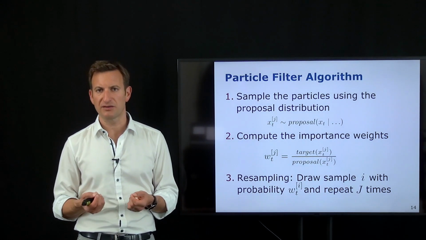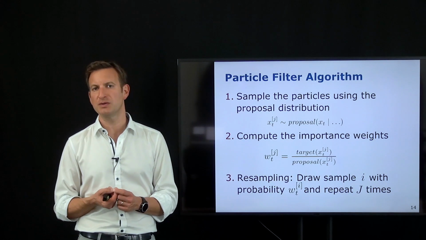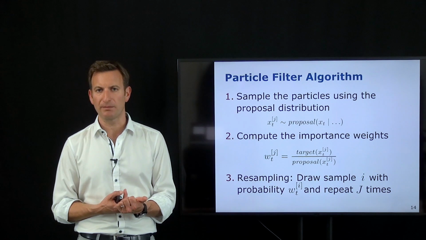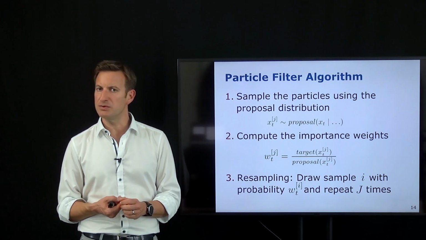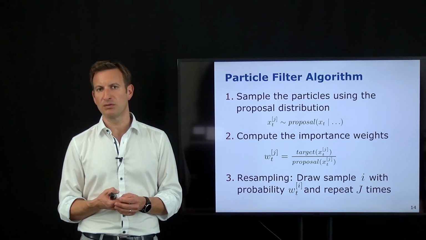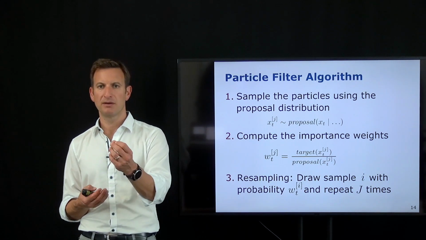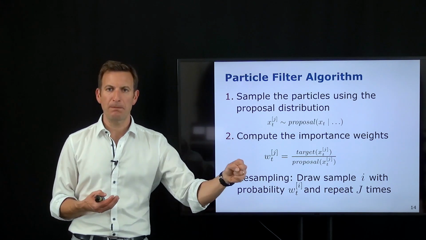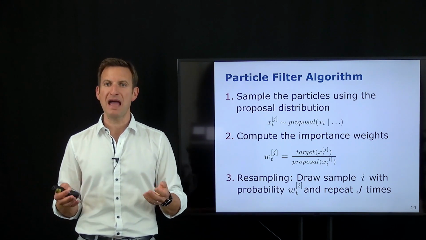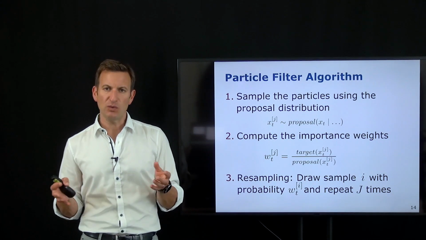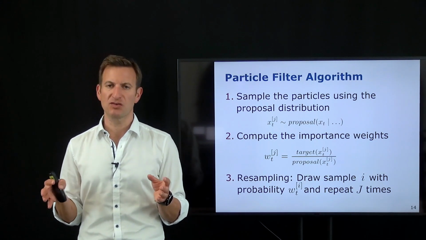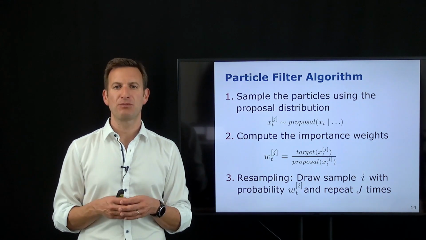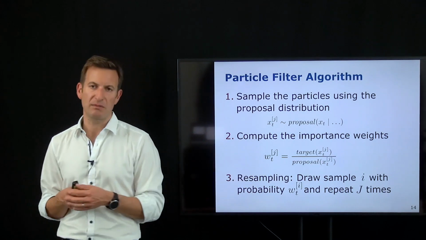So these particles with a very low weight do not contribute a lot to approximating the probability distribution well. They have a very, very small contribution to representing the overall probability mass. So it's better to take that sample out, eliminate it, and replace it with a sample that is in an area of high probability. In this way, we are using our memory in a smarter way, by using it for areas of high probability. And that's basically what the resampling step does.